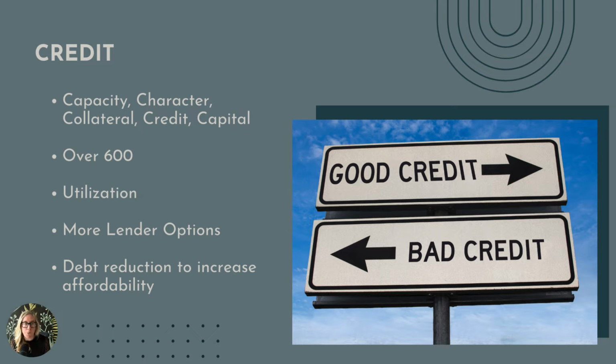Utilization is huge when you're applying for a mortgage and you really want to get the very best rate and have the most lenders that want to evaluate your file. Utilization means how much of my available credit am I using? So here's a trick. If you have one credit card with a limit of $10,000 and you need $10,000 in debt, what you don't want to do is put $10,000 on a credit card with a limit of $10,000. That's 100% utilization. The lenders hate that, and it means that you'll have less lenders that want to offer you